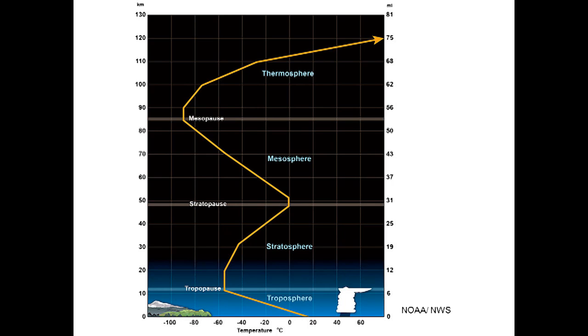those layers. Beginning at the bottom, we have the troposphere, where the temperature decreases quite rapidly with height. The troposphere extends from the surface to an altitude of anywhere between 10 and about 18 kilometers, depending upon latitude and time of year. At the tropopause, which can often be quite abrupt, the temperature ceases to fall appreciably with